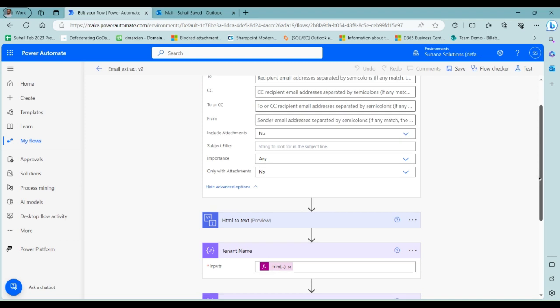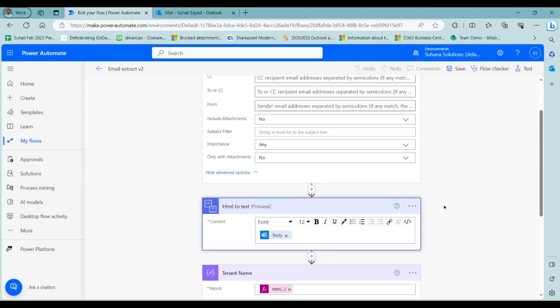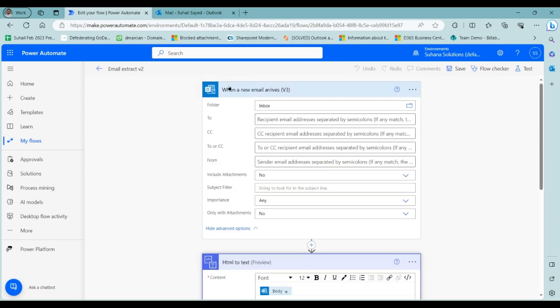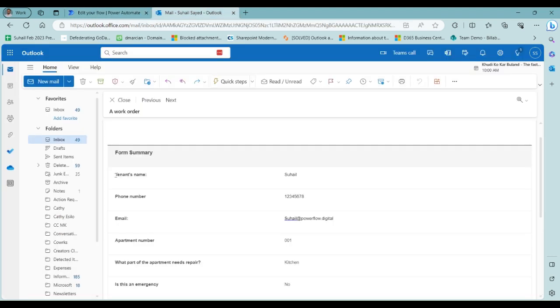The next step would be to strip off all of the HTML tags and other metadata from the email using the HTML to text conversion connector and supply the body of the email from this action. The answer to the question tenant's name is what's between the word name and the word phone number. The answer or the value for the phone number column is what's between the word phone number and the word email. So this is the logic that we are going to use, and we are going to use three different